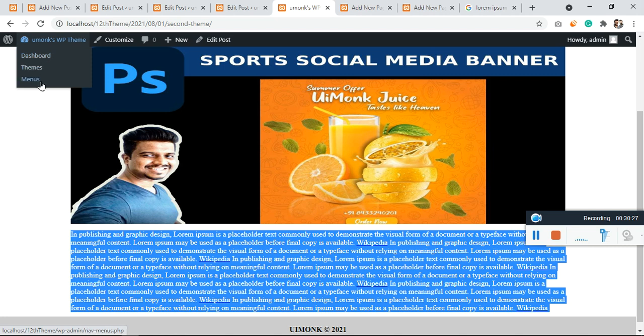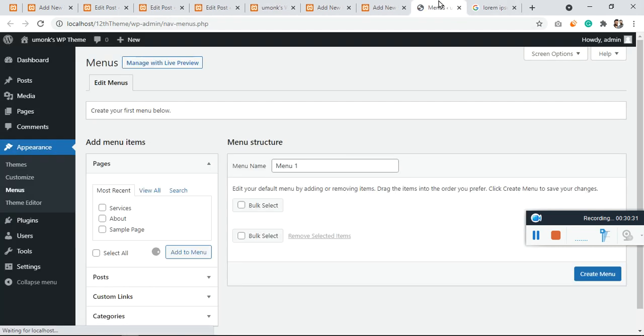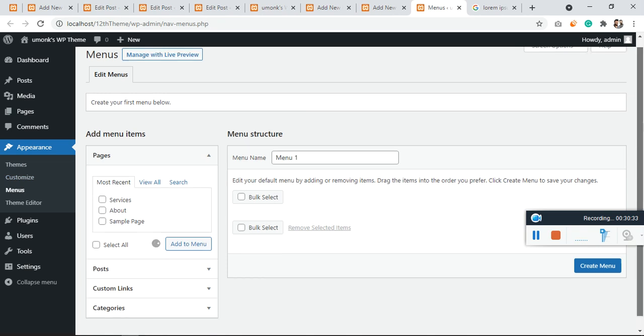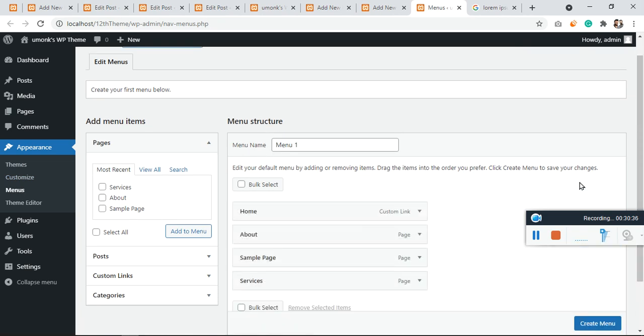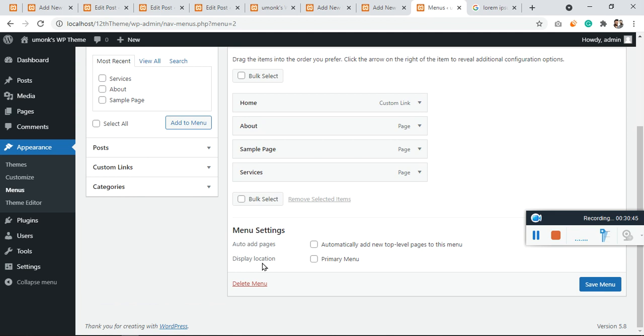Once the two pages are ready, we need to set the menu. To do that, get into the menu section and let's create our custom menu. Click on create menu. As I said, the primary text is available here as a display location. Just click on primary.